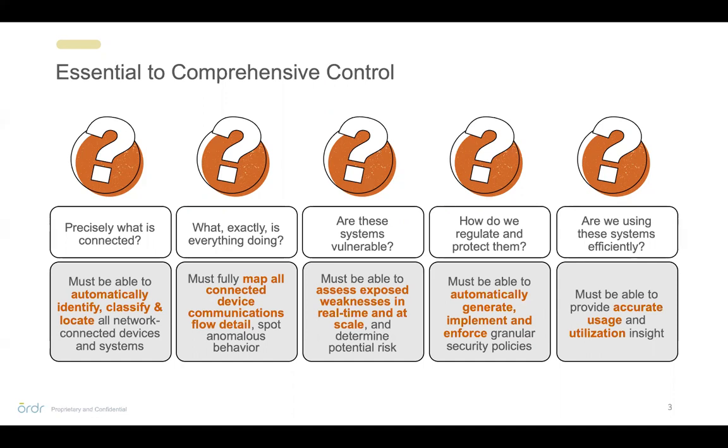And things like, am I running expired certificates? Am I running outdated versions of TLS? Am I running an operating system that I can't patch because there's no supported update from the vendor, but it has known vulnerabilities in it that are exposed? That type of information you want at your hand, so you have a better understanding of being able to risk score what assets you need to deal with and where you need to spend your time from a security side. And that gets into step 4, which is how do you regulate and protect these types of systems?